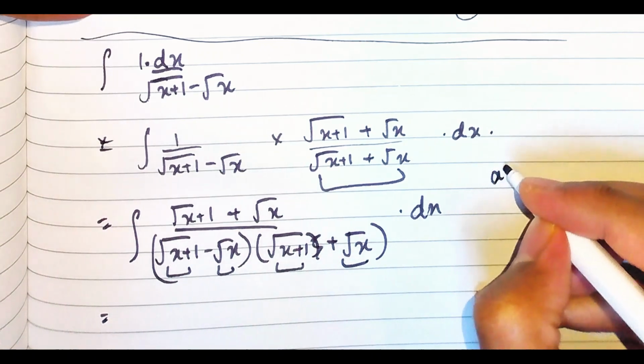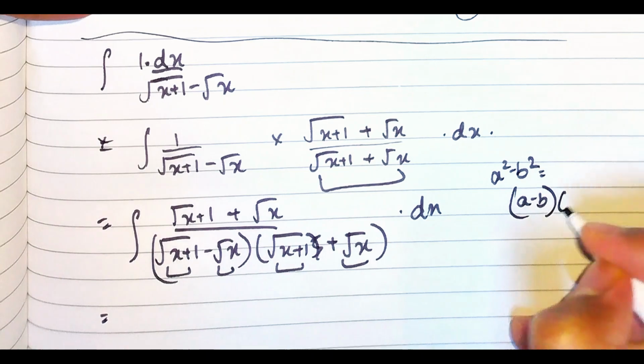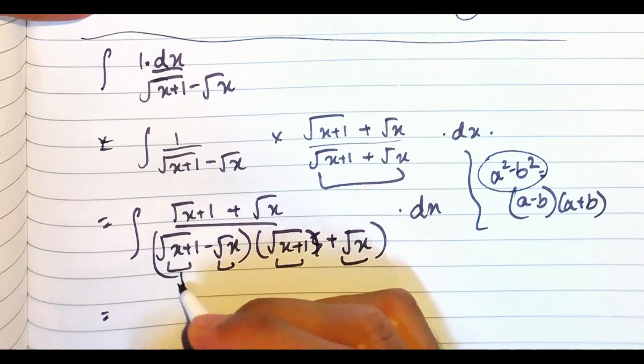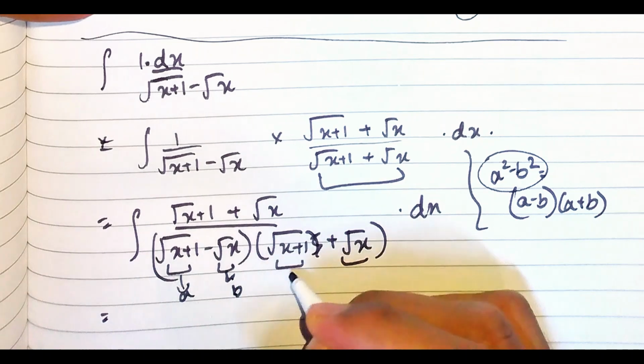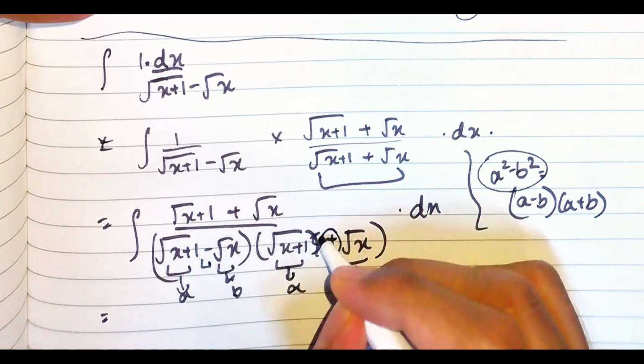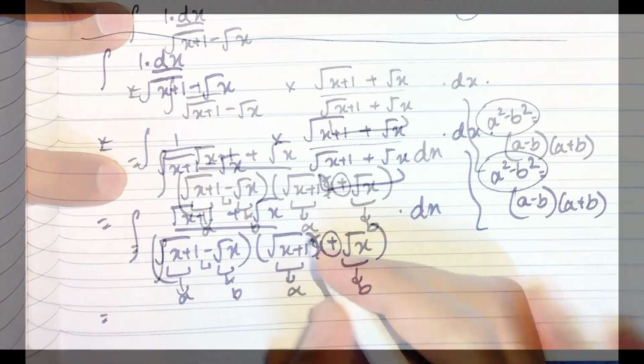So we can use the algebraic formula a square minus b square, which says that a minus b and a plus b should be equal to a square minus b square. So over here we have a, we have b, we have a, we have b, we have the negative form, we have the positive form. So we can use the a square minus b square format. So it will be, first of all, the numerator,